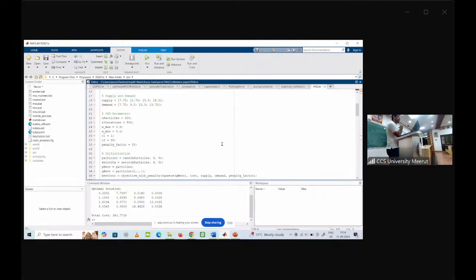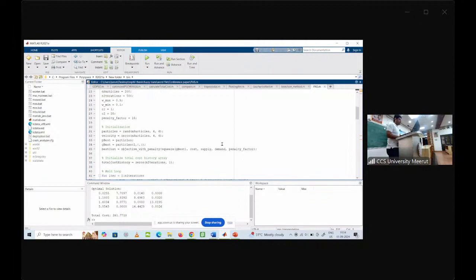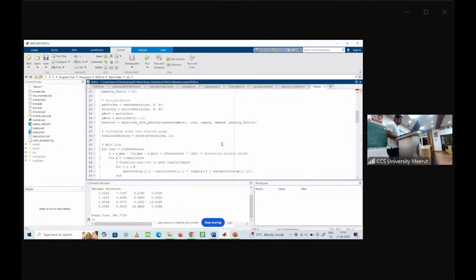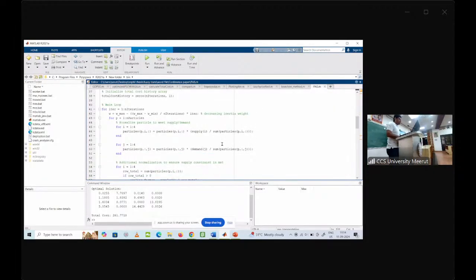इसके बाद जो कॉन्स्टेंट थे C1 और C2 जो प्रेजेंट थे, अभी मैंने इक्वेशन में दिखाया था, वो वैल्यूज हमने यहाँ पे ले ली हैं। और इसके बाद ये पेनल्टी फैक्टर है, ये मैं बताऊंगा अभी एक बार सॉल्यूशन फाइंड आउट करने के बाद में। इसके बाद ये पूरा लूप यहाँ पे जनरेट होता है कि सबसे पहले वेट के लिए, वेट में भी यहाँ पे एक फ्लेक्सिबिलिटी ली गई है, मतलब कॉन्स्टेंट भी लिया जाता है, लेकिन यहाँ पे जो मैंने प्रोग्रामिंग करी हुई